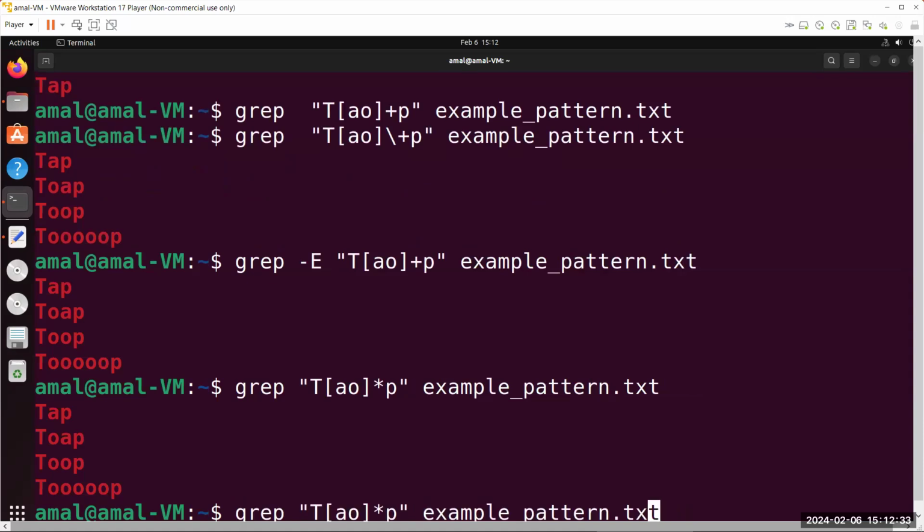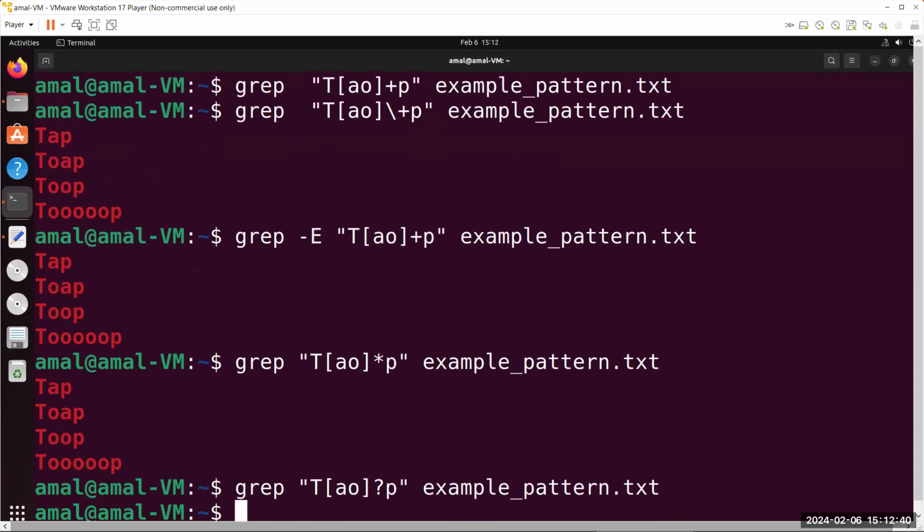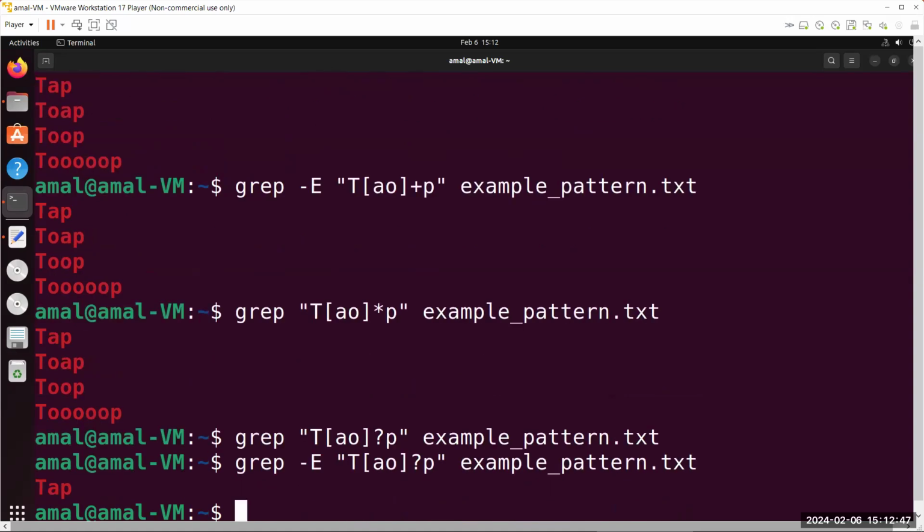Now, if you want to use it for one character, it will not work. Why? Because it is one of the extended. We need to enable the extended character. So again, the plus, the question mark, the pipe is part of the special characters that we need to enable the extended regular expression for, or we need the slash to it. Okay, another example. If we put grep